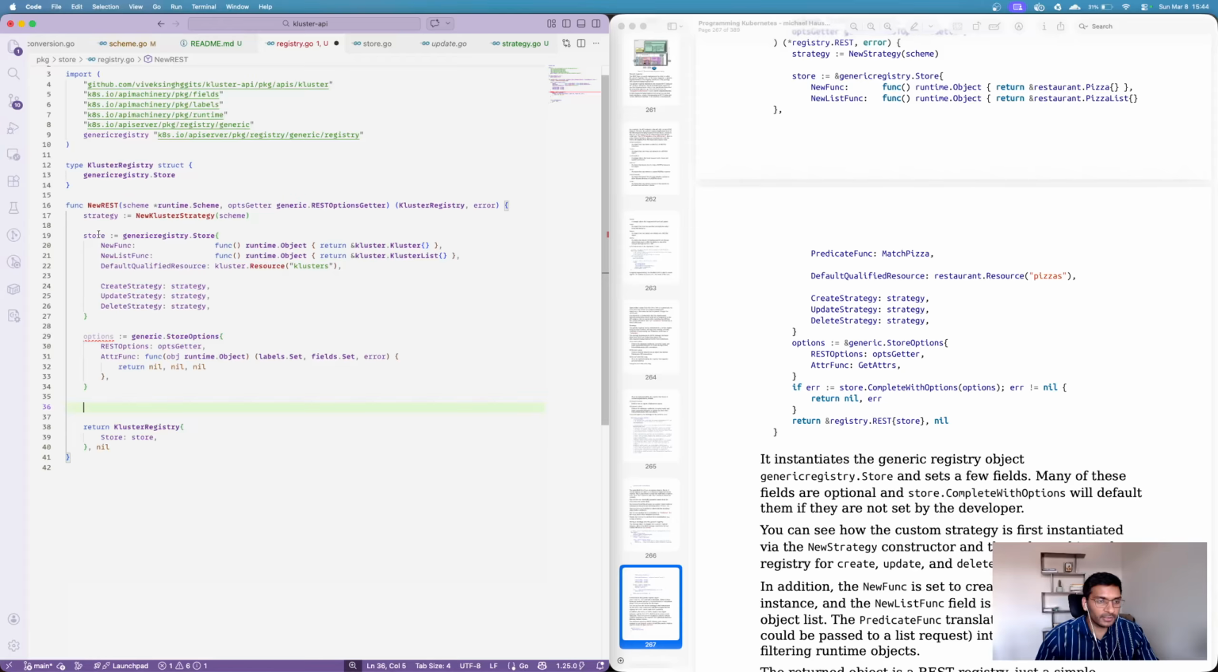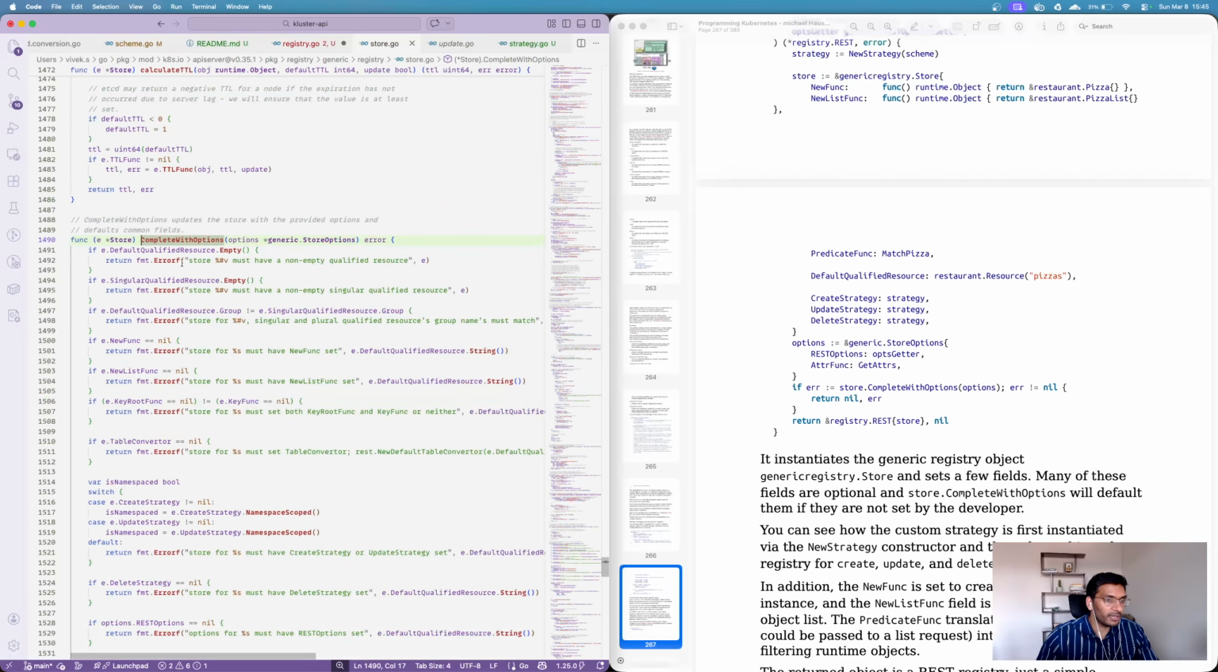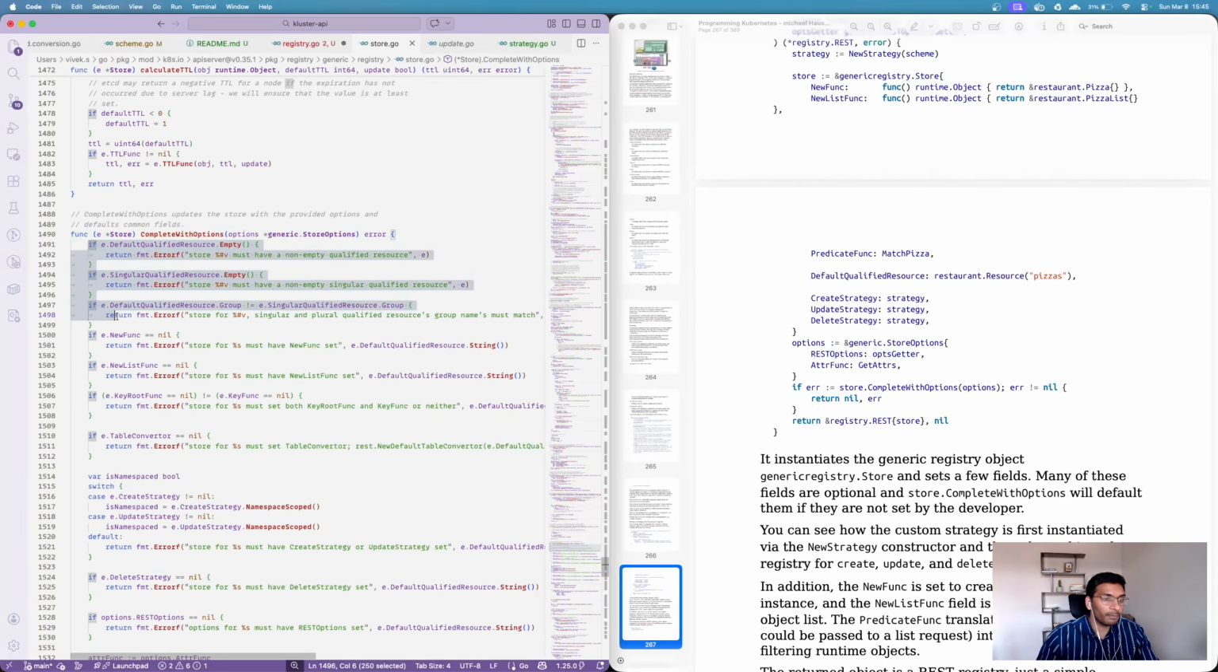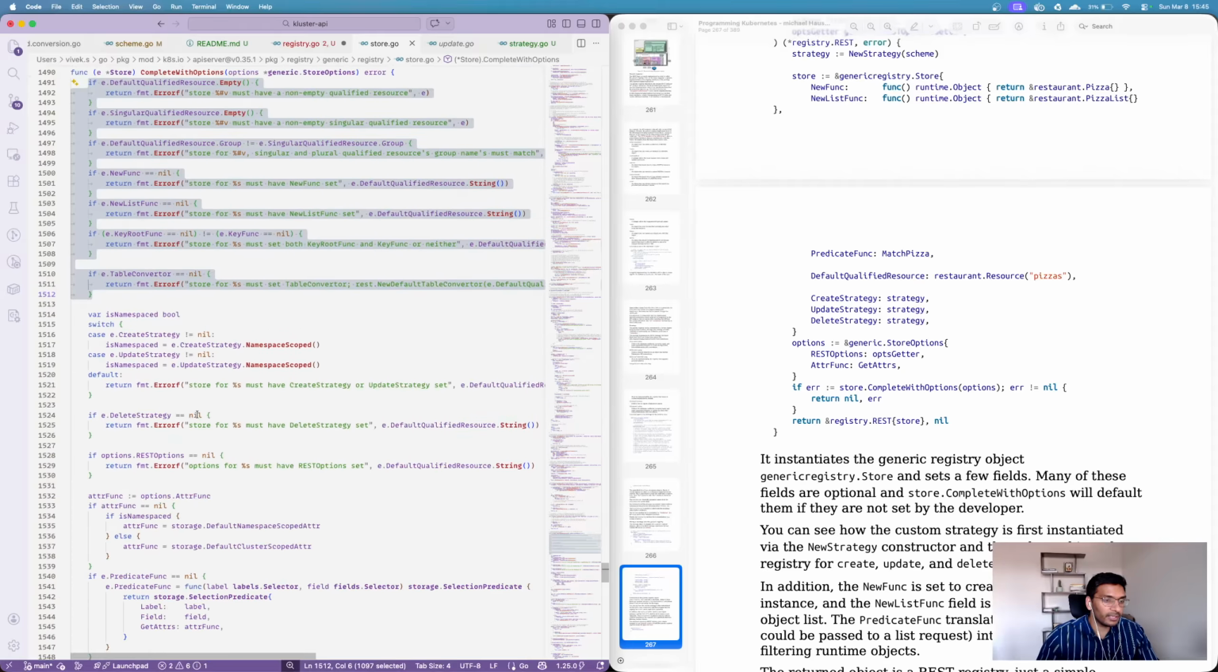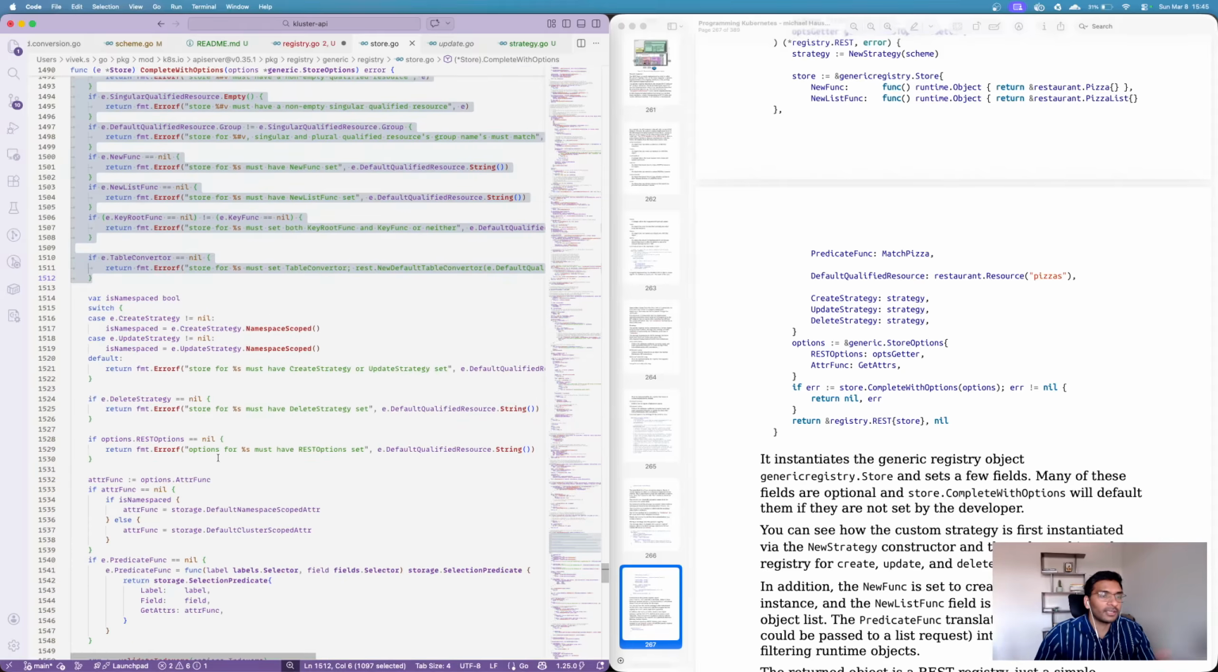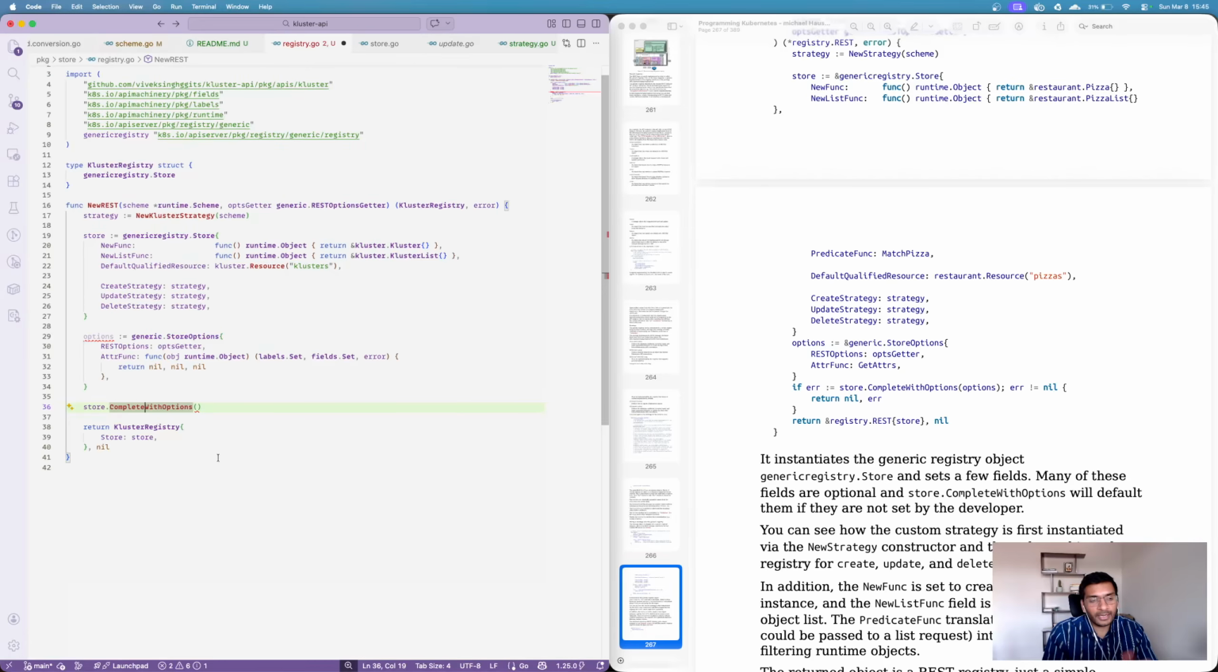So we have store already, and obviously we are not specifying all the fields here, and we want defaults to be automatically configured. So that is the reason we are going to call store.CompleteWithOptions. If we look into the implementation, there are some things that are mandatory, and if those are done, it tries to initialize some of the things automatically, or populate the defaults automatically. So we are going to pass the options, and then we are going to